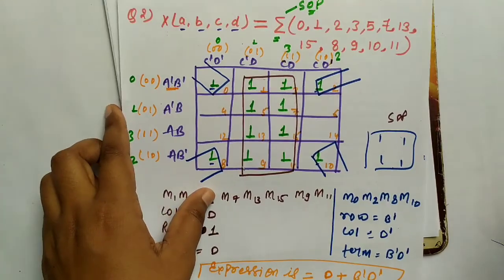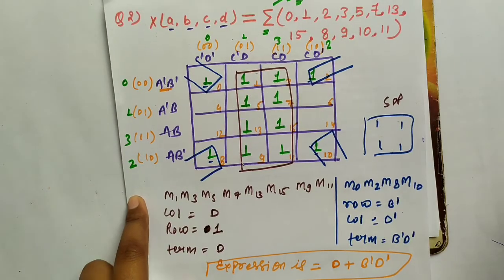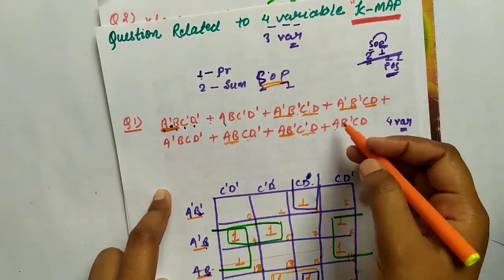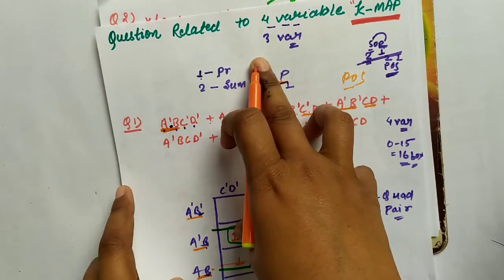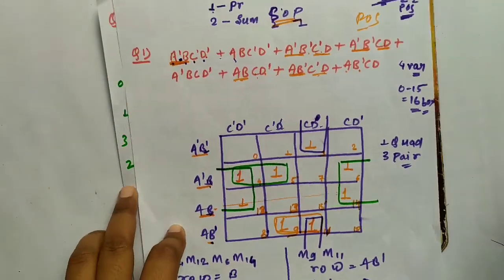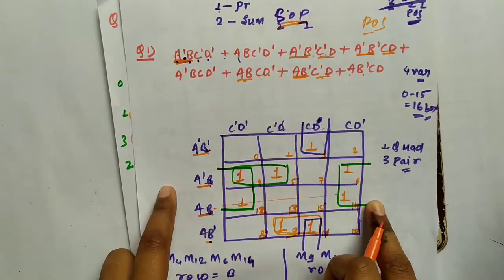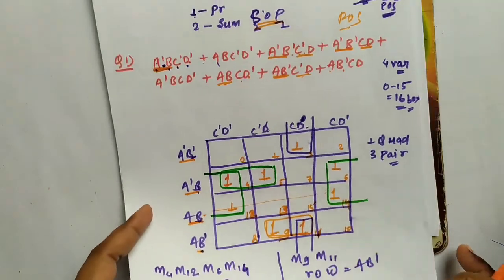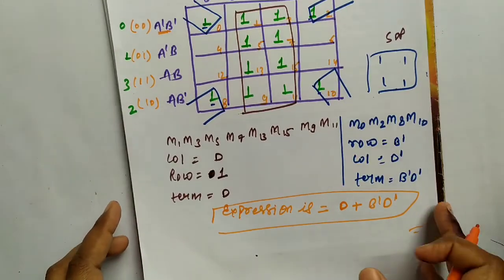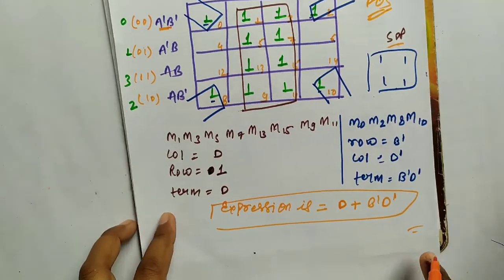So in this video we discussed the question related to the K-map for POS or SOP. In this video we only discuss SOP. In the next video we will discuss the POS question related to the 4-variable K-map. If you have any trouble understanding, please watch my previous videos on designing the 3 variable and 4 variable K-map, and also the K-map questions, and watch my next video for the POS question for the 4 variable K-map.